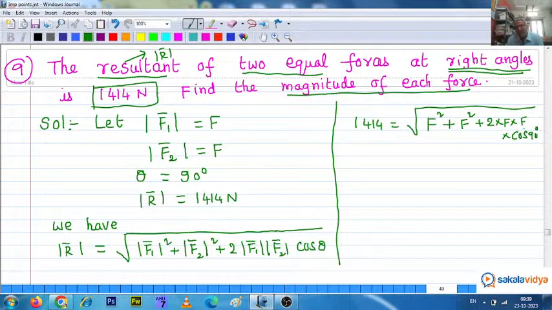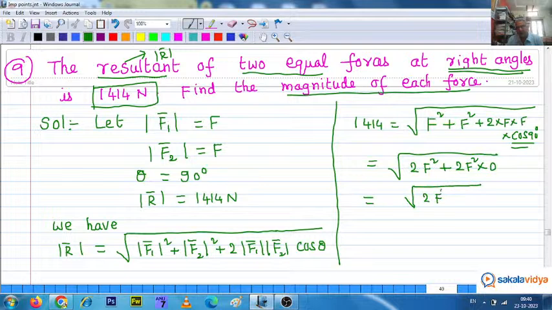It's very interesting. Cos 90 is 0. Yesterday we had a discussion. So that means this equals, you will get root of F square plus F square, 2F square, 2F square into 2F into F into 0. So square root of, you will be getting 2F square plus 0. This is square root of 2F square. Square root of 2F square means square root of 2 is root 2, square root of F square is F. We need F. So F is equal to